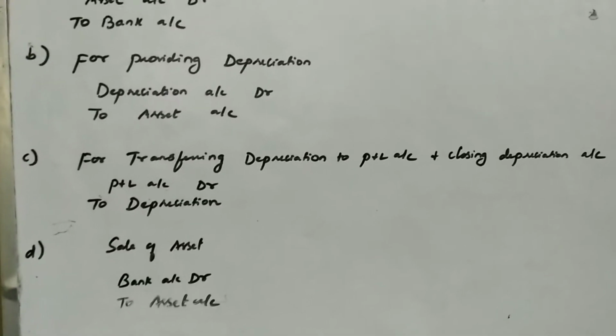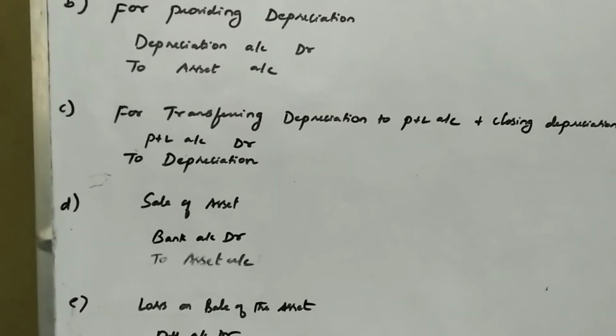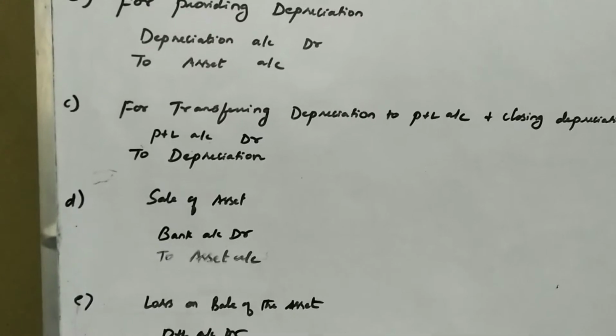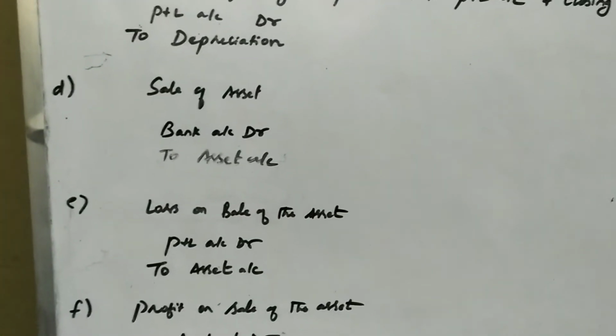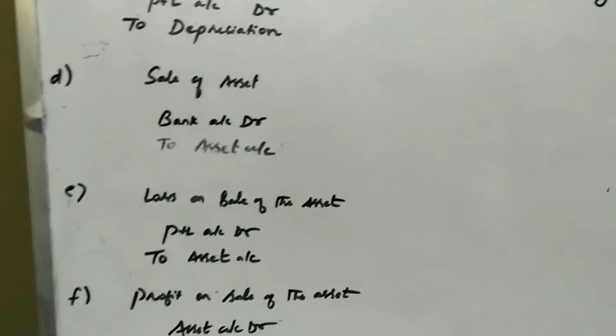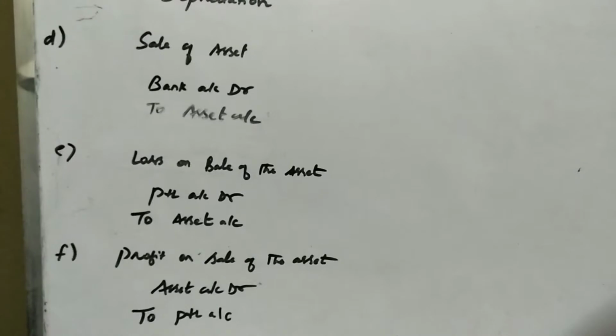In case of sale of an asset, bank account debtor to asset account. And for loss on sale of asset, P&L account debtor to asset account. In case of profit on sale of the asset, asset account debtor to P&L account. So these are the journal entries which will be